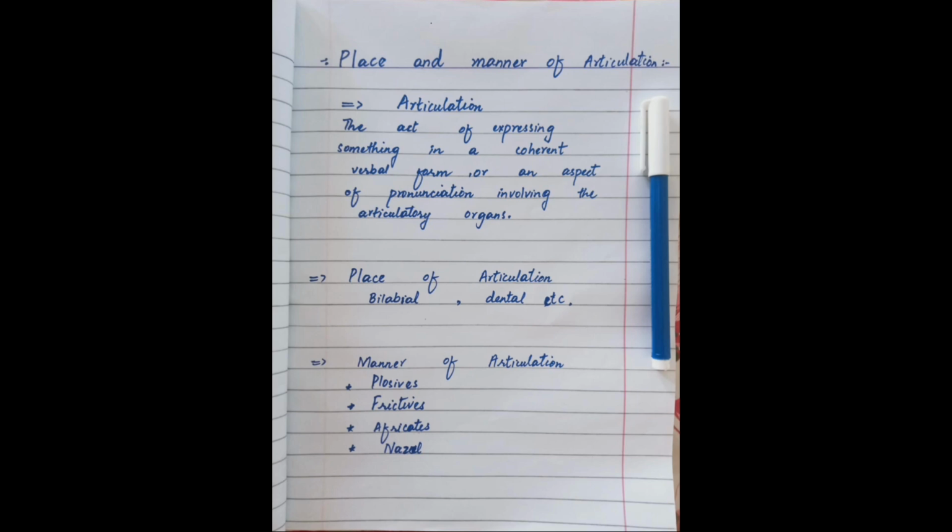So, manner of articulation. What is manner of articulation? We can say that it is the sound which we produce when these organs coordinate with each other. Some of the sounds have a similar category, and other sounds have another category. Some sounds are known as plosive sounds, some as fricatives, some as affricates, and some as nasal sounds. The sounds which we produce from our nose are known as nasal sounds.